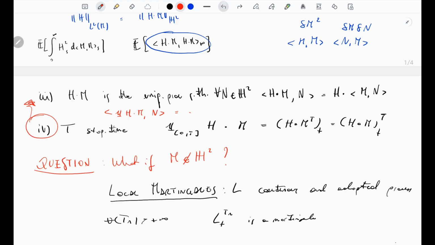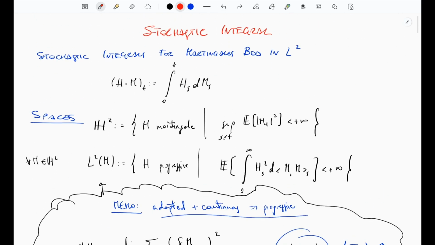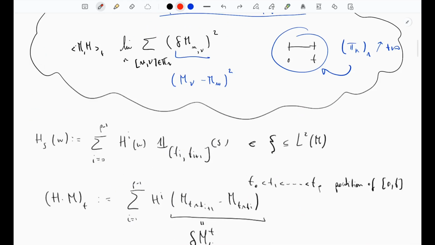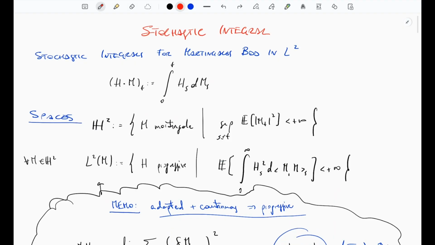So, forgive me if I went too fast here on the proofs, but what I wanted to show is the ideas behind how the stochastic integral is defined. Probably there's someone who did it better on YouTube. For sure there's someone who did it better in class because they have 20 years experience and they're a professor. But what I want to show is a deeper theory of stochastic integration